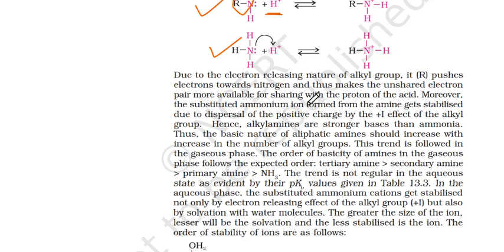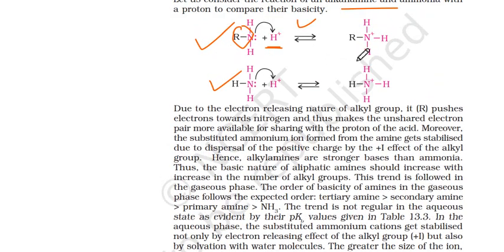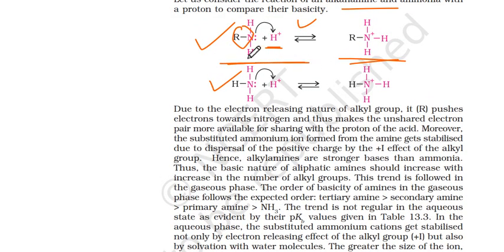Moreover, the substituted ammonium ion formed from the amine gets stabilized due to dispersal of the positive charge by the plus I effect of the alkyl group. Hence, alkyl amines are stronger bases than ammonia. So if we look at the reactant side and also the product side, both are stabilizing more stable, because see over here, if you have an alkyl group,